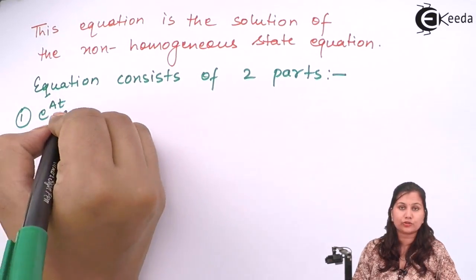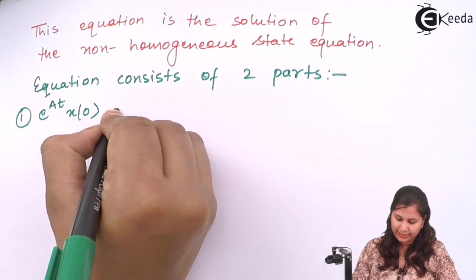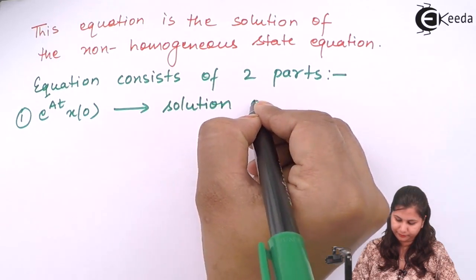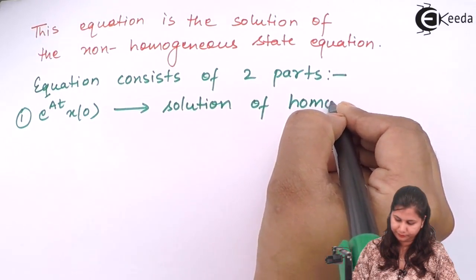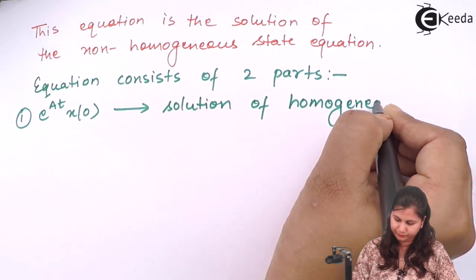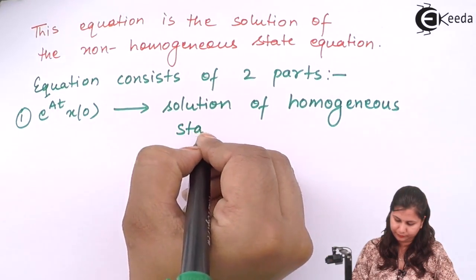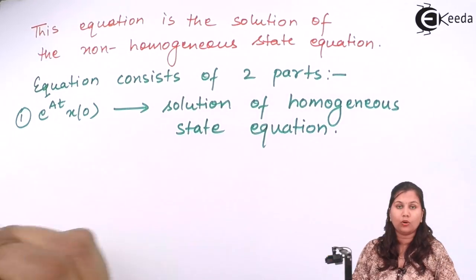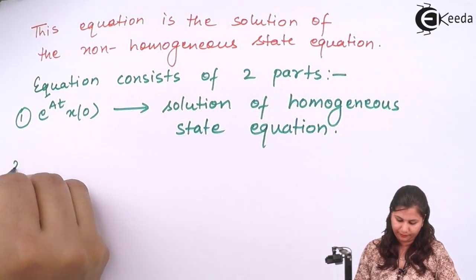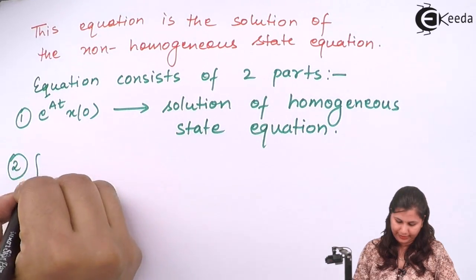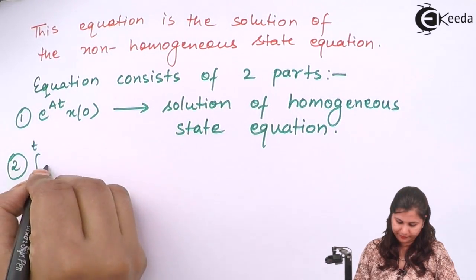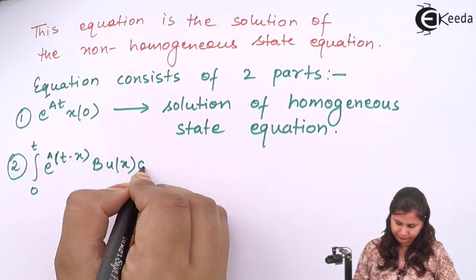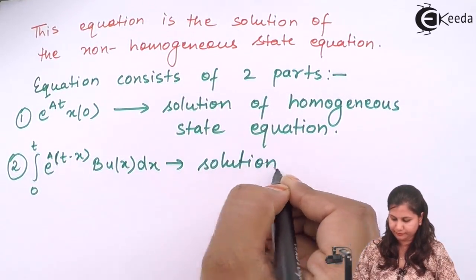First part is e raised to the power At x(0), and this represents the solution of the homogeneous state equation, and second part is integral from 0 to t. This is the solution